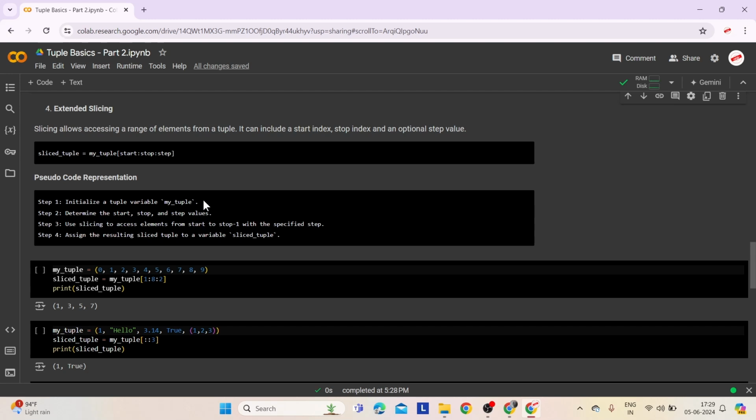Step 1. Initialize a tuple variable mytuple means begin by defining a tuple named mytuple. Step 2. Determine the start, stop, and step values means decide on the start, stop, and step values to define the range of elements you want to extract. Step 3. Use slicing to access elements from start to stop -1 with the specified step means utilize slicing with square brackets to access elements from the start index up to but not including the stop index with the specified